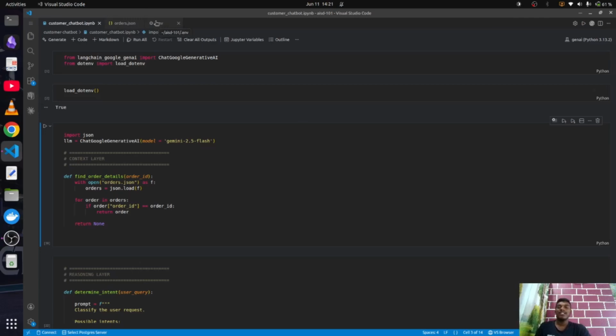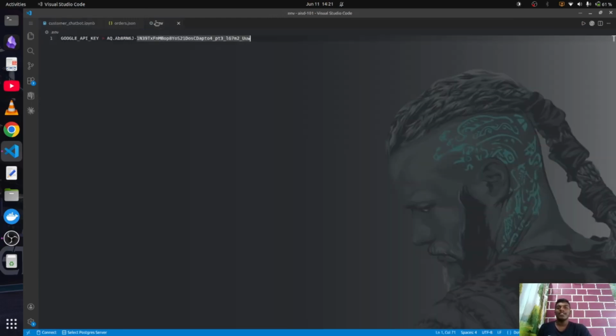You are basically required to create a Google account, which I assume you have by now. You just have to go to Google AI Studio, create an API key, and you will get an API key starting with the letter A or something like this. You have to make a .env file. It's best you do it in the .env file. It's basically a file consisting of all the environment variables and the secrets.